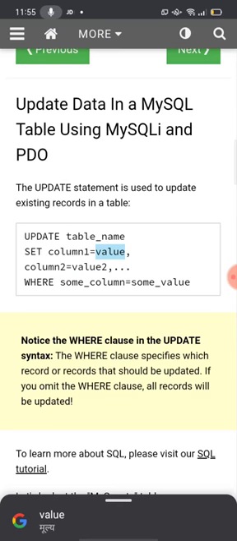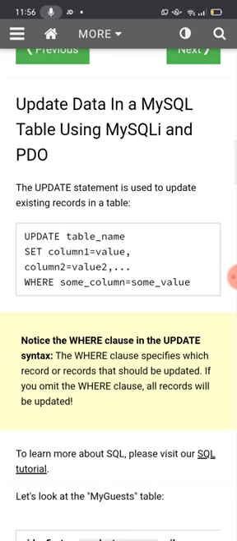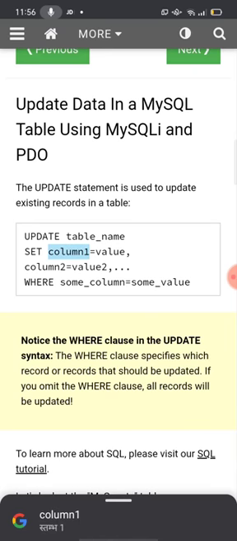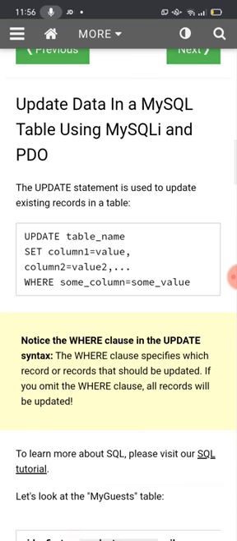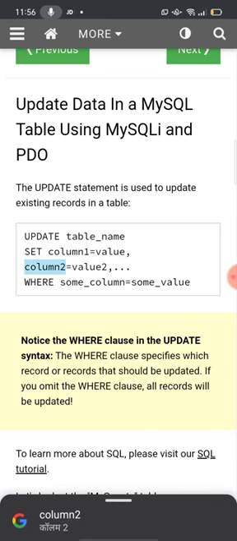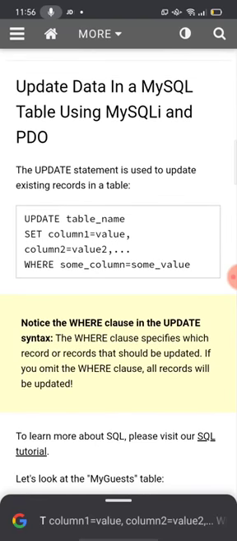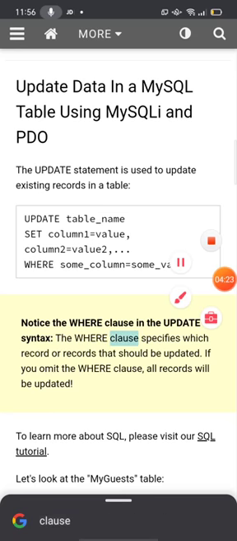Is that clear? So SET, whatever it may be, one single column, that is the mobile number, or it may be changes inside the address also. You can make changes in your address also. So whatever you want to change, you can change it. SET column1: instead of contact number, you can write mobile and the mobile number in the value part. Then if you want to change the address also, in column2 you can write address, and here the value of your address will be written, and so on, as per the user requirement. As per the user requirement, you are going to make the changes.